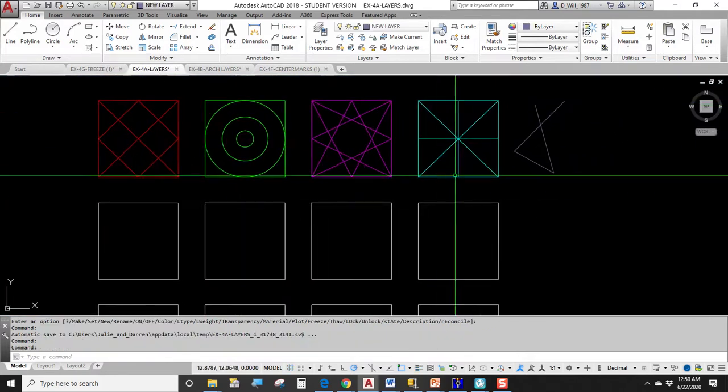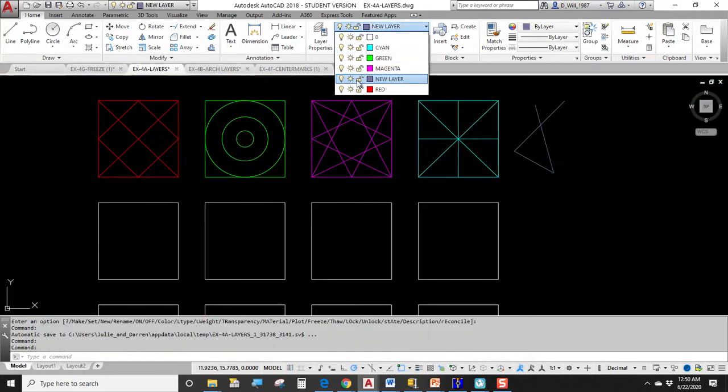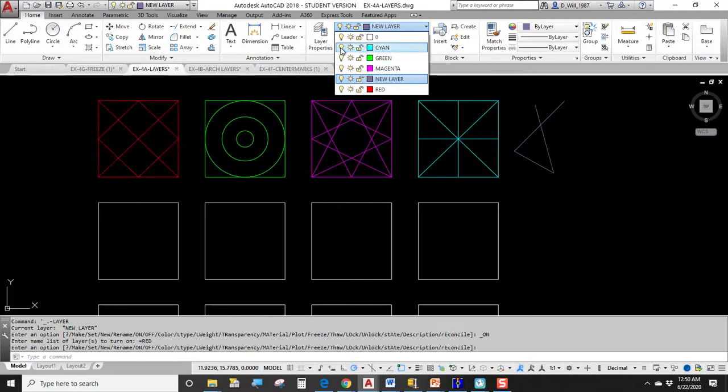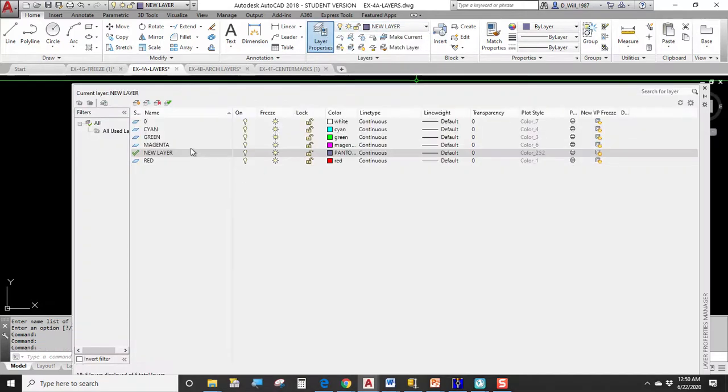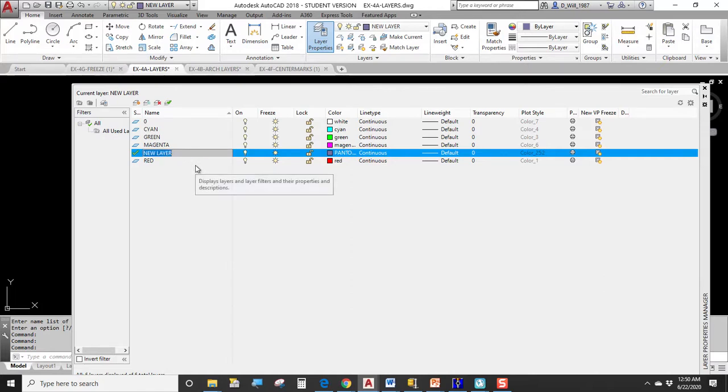Alright, so here we are in our drawing, and we see that on-off works with everything that we did. Red is off, red is on, cyan on and off, green on and off, magenta on and off, and then new layer. Gosh, new layer, what a weak name, right? So you can actually go to the layer manager and click on new layer and click soft, and that'll let you change the name. So instead of new layer, how about